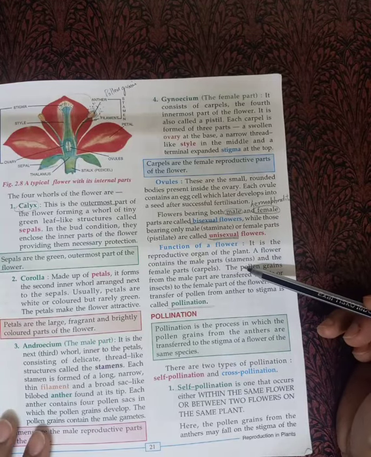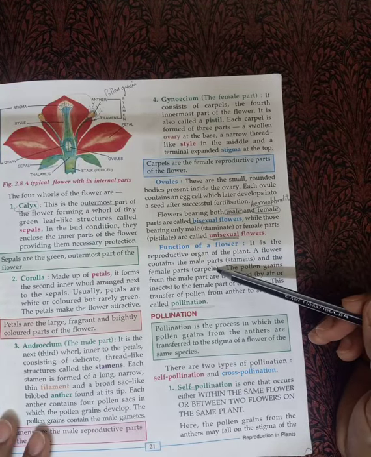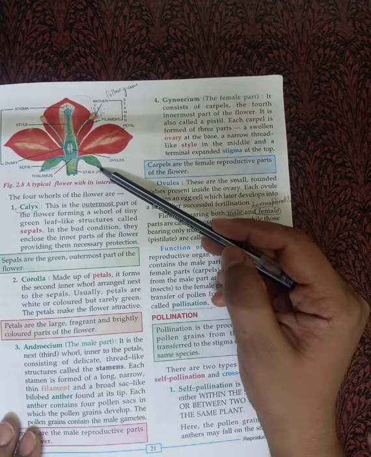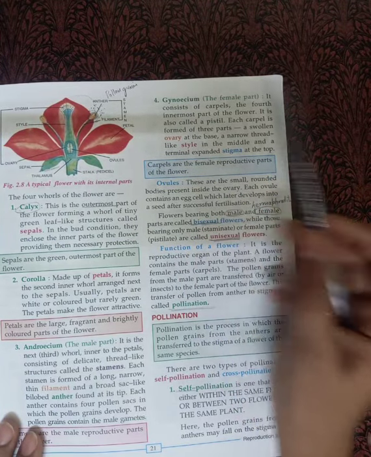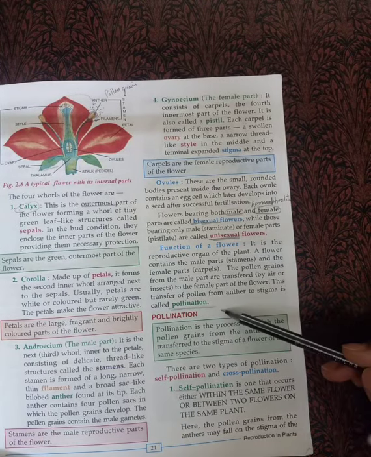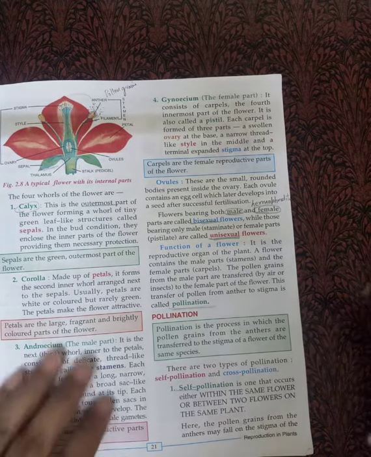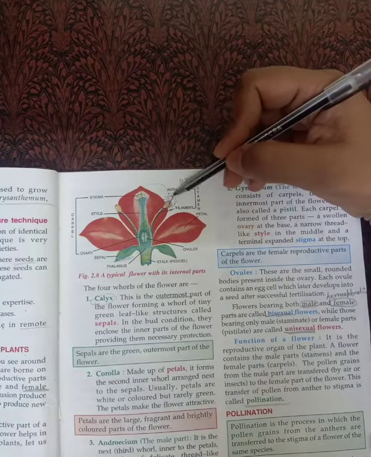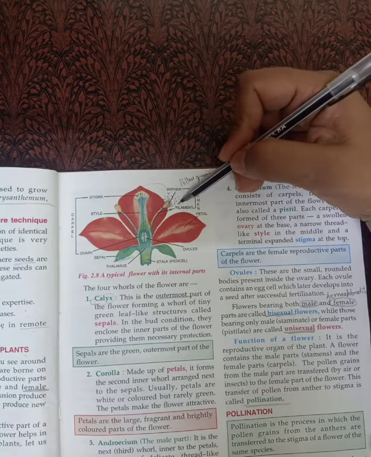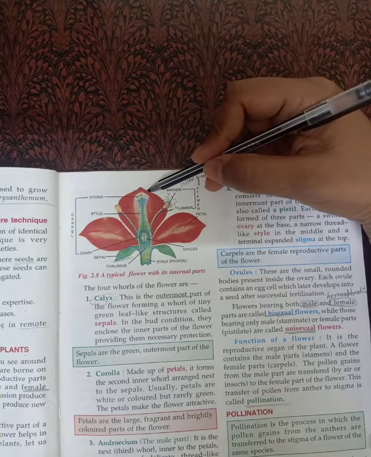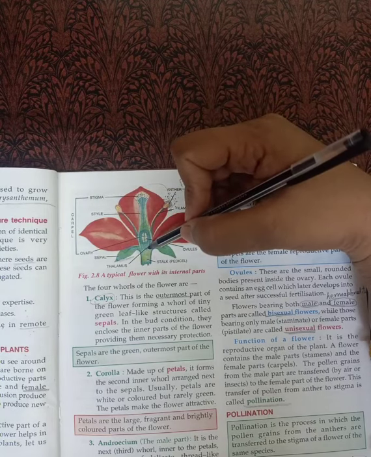Now, what is the function of a flower? As we know, children, a flower contains carpels, stamens, petals and sepals. So all the parts of the flower are equally important. Now the first thing is pollination. Pollination means, as I have told you, the anthers contain this powdery substance. This powdery substance reaches the stigma of the flower and then goes inside the flower.